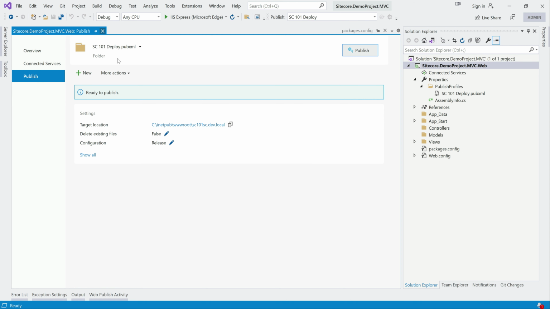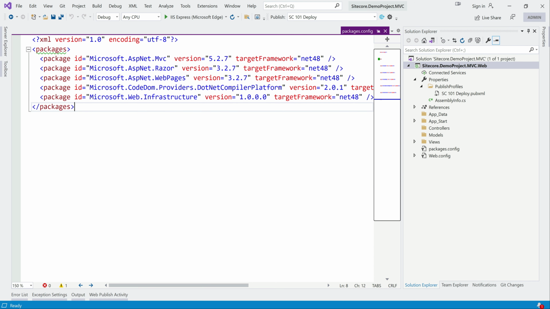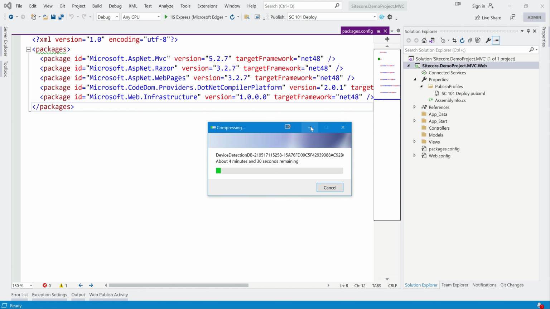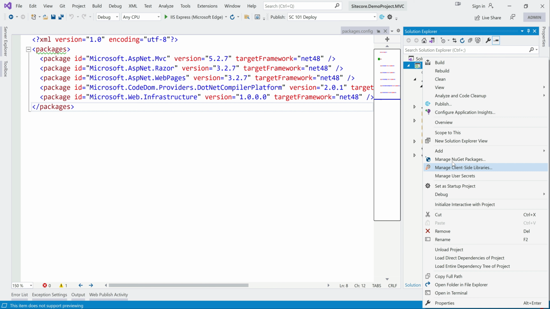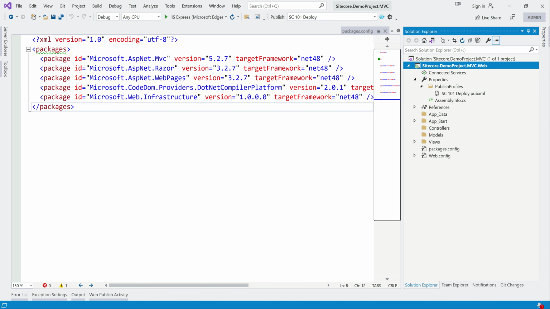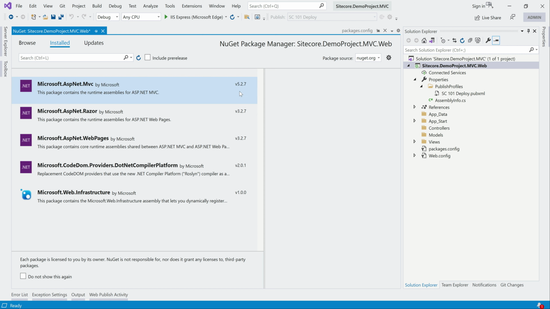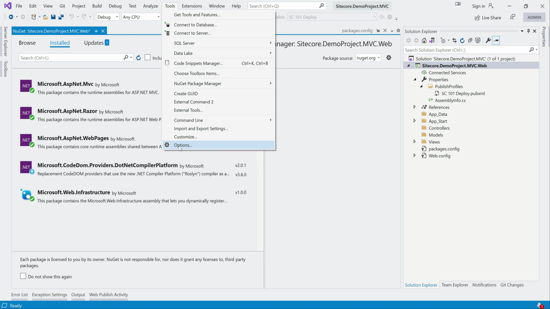Or let's do one thing. In the meantime, let it run. In the meantime, let's load the Sitecore kernel and Sitecore required NuGet packages. So go to here, manage NuGet packages, and observe that I have a lot of things, Sitecore and all. The Sitecore feed is not on NuGet.org. The Sitecore repository package source is different. Let me show you that. Options.